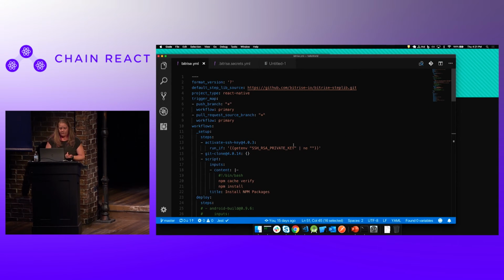And this primary workflow, or the workflow is called primary in this case. That's their default naming convention. I could call it whatever I want. I could call it deployment. I could call it test. You can see here in my setup,